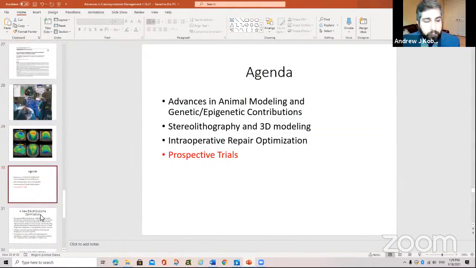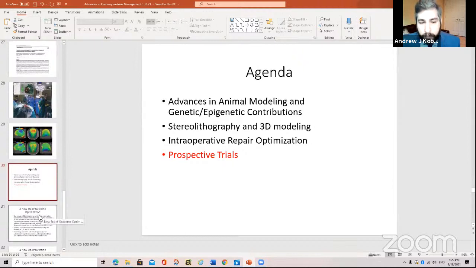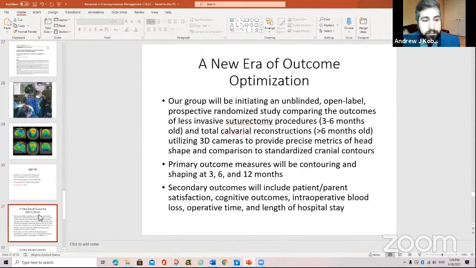So this is really going to be the focus of a large prospective trial, hopefully a multi-center trial that will be centered at Montefiore Medical Center, where we're really going to be looking at an unblinded, open label, prospective randomized study comparing the outcomes of either suturectomy, which we provide for patients who are younger, or total calvarial reconstruction that we've been talking about in great detail for our older patients, utilizing 3D cameras to provide precise metrics of head shape and comparison to standardized cranial contours, which we've been able to obtain working with Stryker and some of our other